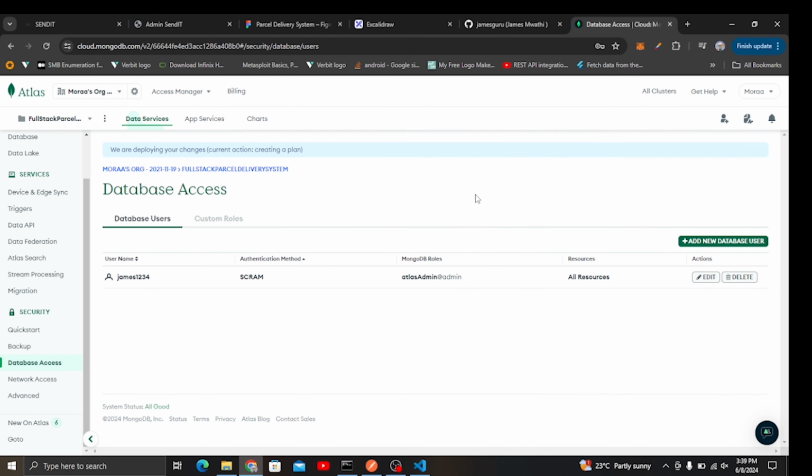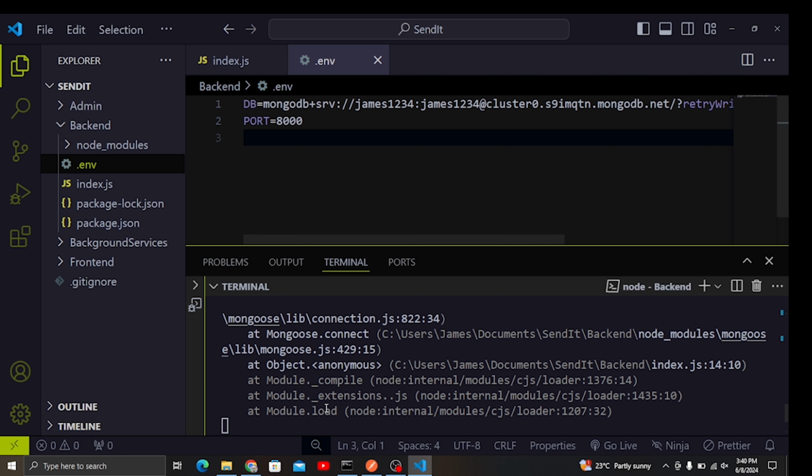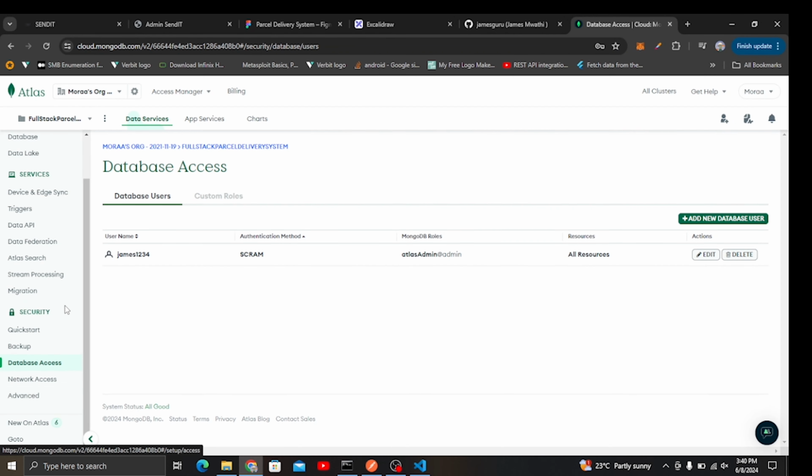So now I have a username and password, so I'm going to replace them here. So let me make sure that I add them here like that, and then the password also here. So you can also add as many usernames and passwords as you want. So I'm going to save that, and then the last step that we have left is